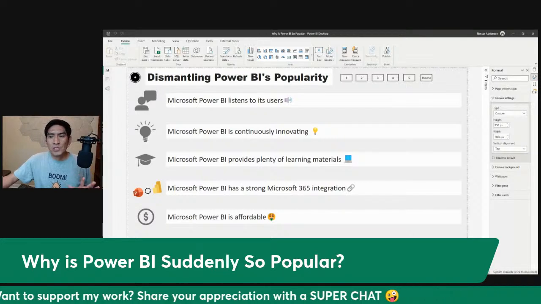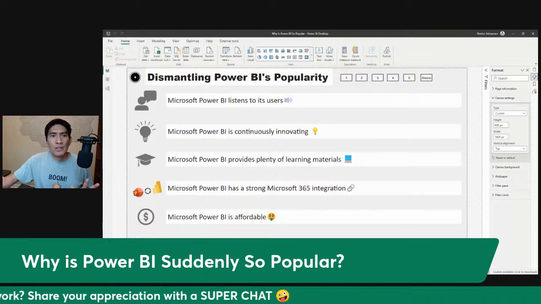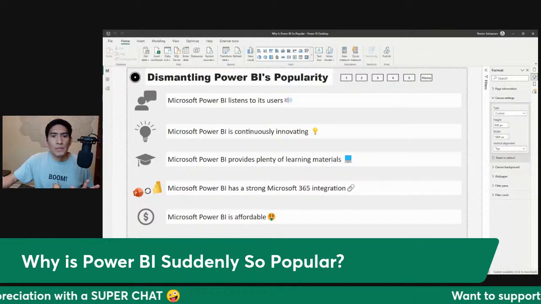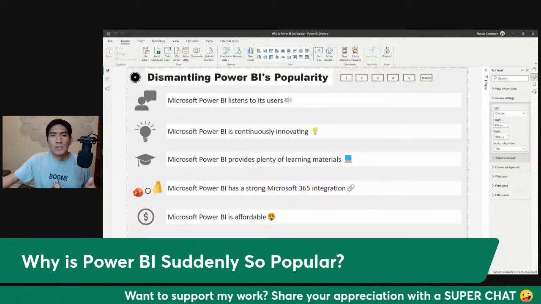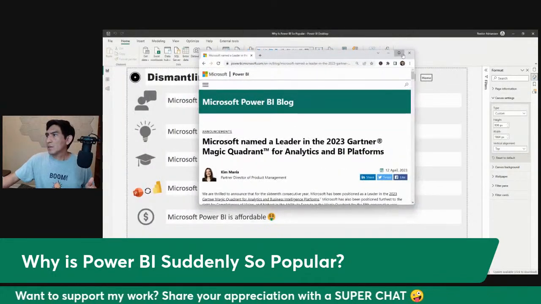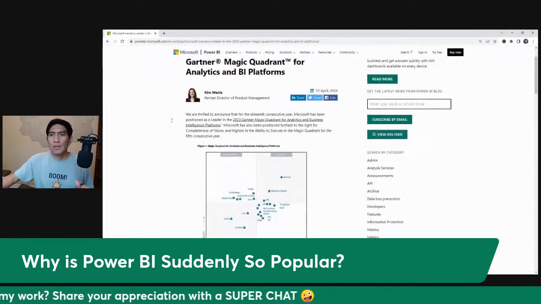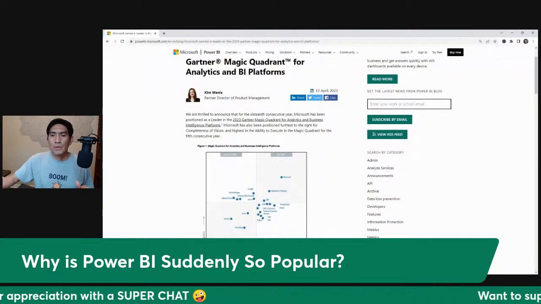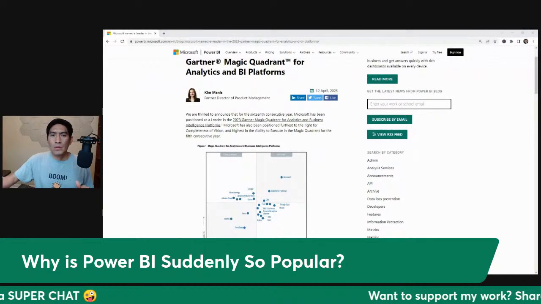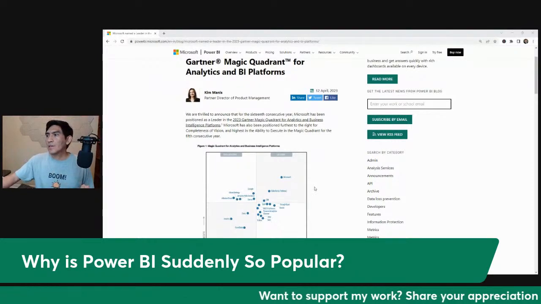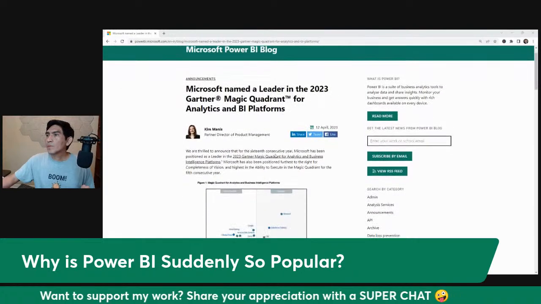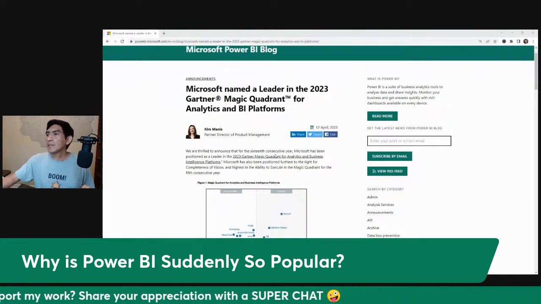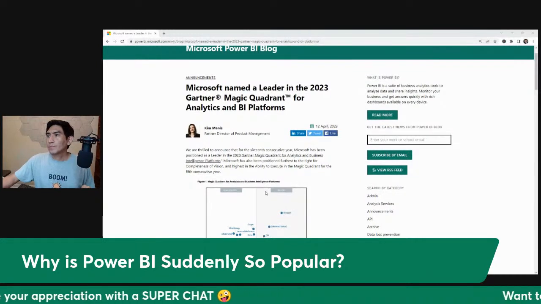Hey, before we close this session, let me show you real quick the Gartner Magic Quadrant. So let me show you this, so you can see what I'm talking about here. Okay, so this is one of the announcements that we got back in April.